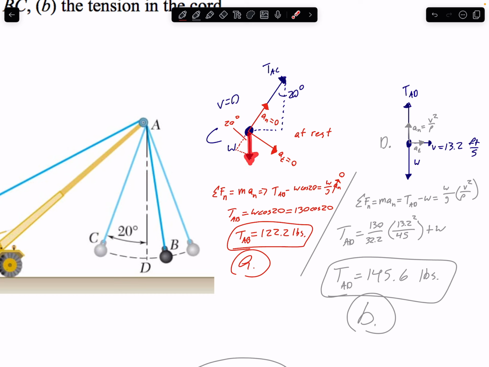Part of the weight is going in the tangential direction, and part of it's going in the normal direction. And so we get, using just geometry, we know that is equal to 20 degrees, and we get the tension of AB. Sorry, that should be AC,